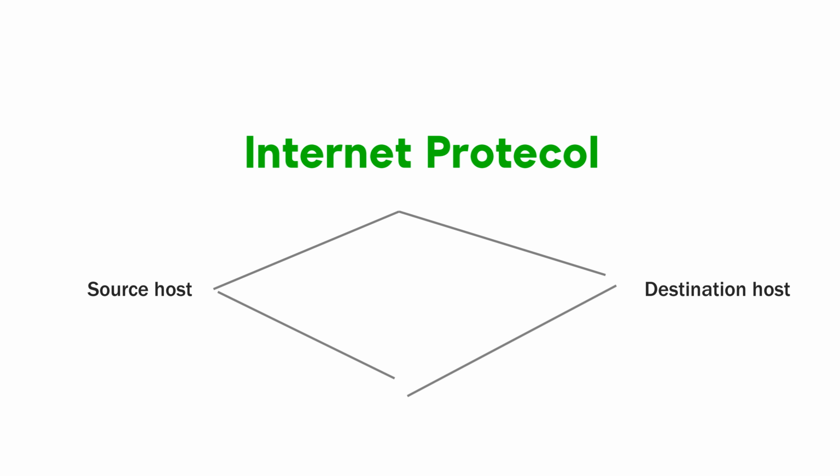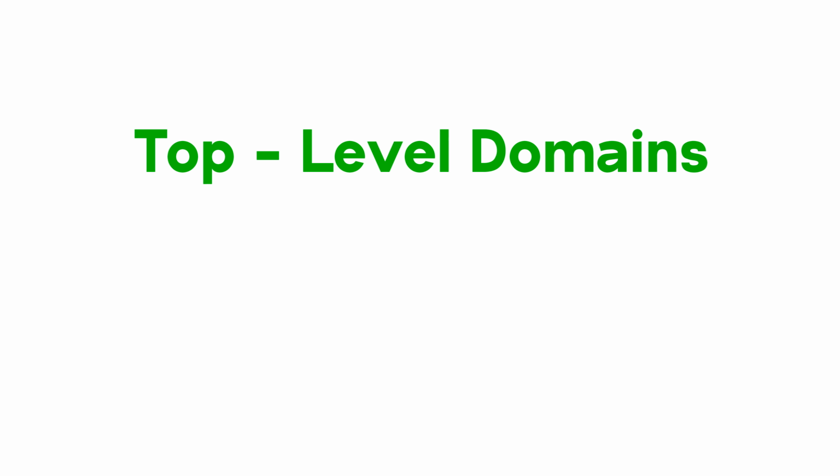Internet protocol is a protocol at the internet layer to deliver packets of data over the internet. Top-level domains are the names at the end of web addresses, like .com, .in, .org. As the internet has evolved, we can have top-level domains according to our needs, like for technology, design, artificial intelligence, and for personal websites.